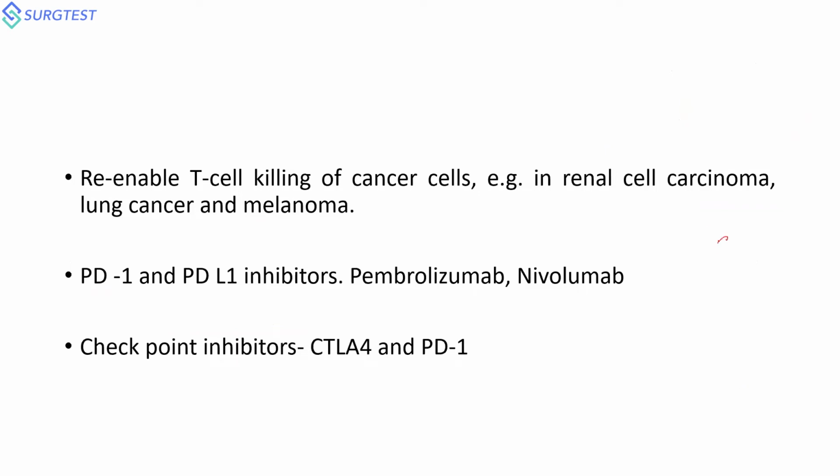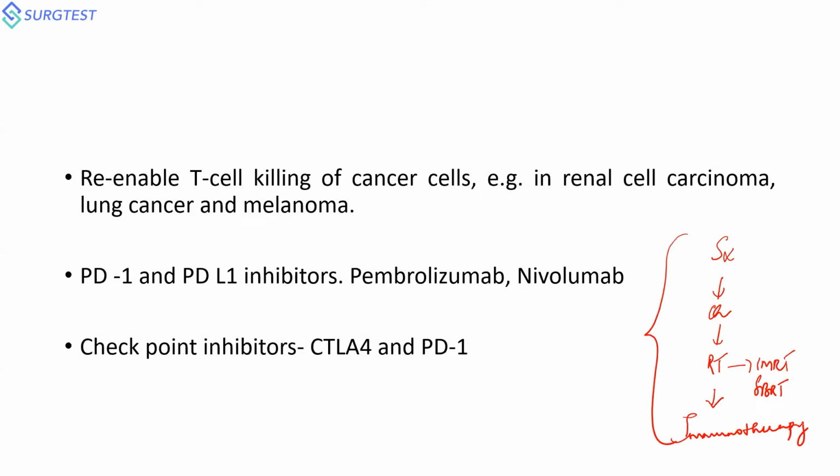We've been talking about surgery as a treatment modality of malignancy. Later on, chemotherapy came, then radiation came, and there were innovations in radiation like IMRT, then SBRT. All modalities of treatment were being discussed. And now there is an important treatment called immunotherapy with almost all solid malignancies. This is the fourth important branch of oncology that has been coming up. This is being studied extensively only based on this particular hypothesis of tumor cell immunity.